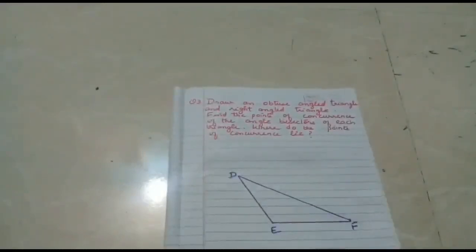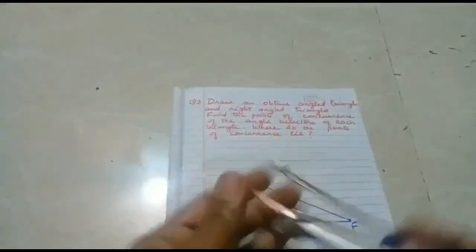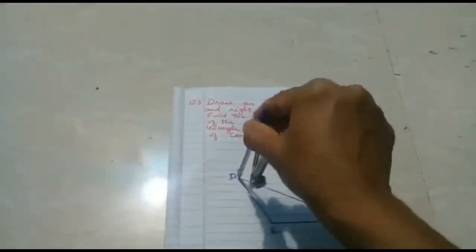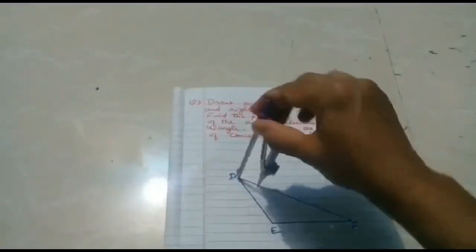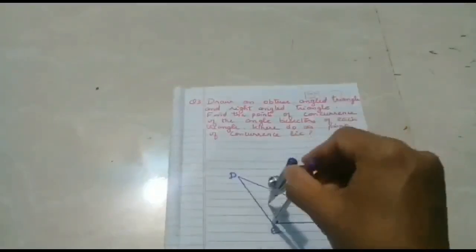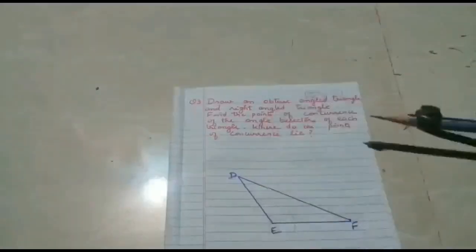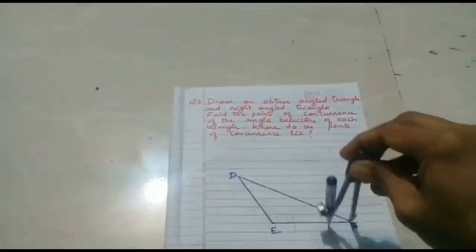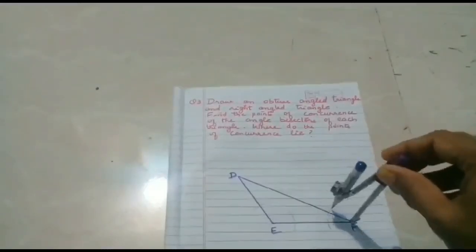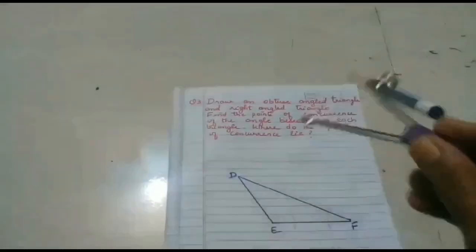Okay. Now what you have to do is take a compass, keep this compass at point D, cut an arc on either side of point D. Similarly, without changing this, do for E also, cut an arc on either side of angle E, and similarly for F also do in the same way. Draw an arc on the other side of angle F. Then now extend your compass.